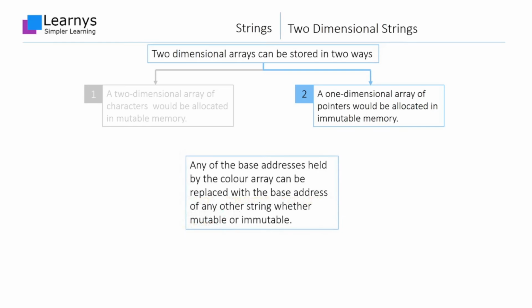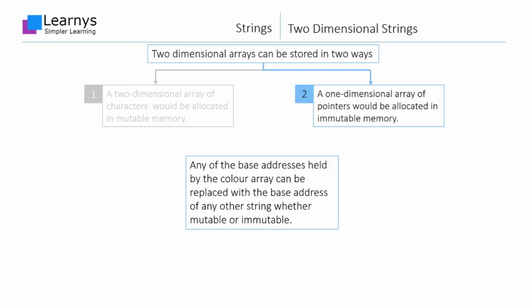Now the question arises whether it would be possible for the programmer to replace partial content of the string stored in the array color. Think about it for a second. The array color is of a pointer type and would accept any pointer. We have seen how to create mutable strings earlier in this video. If we store addresses of a mutable string instead of immutable ones, we can have an array of character pointers with both mutable and immutable strings.